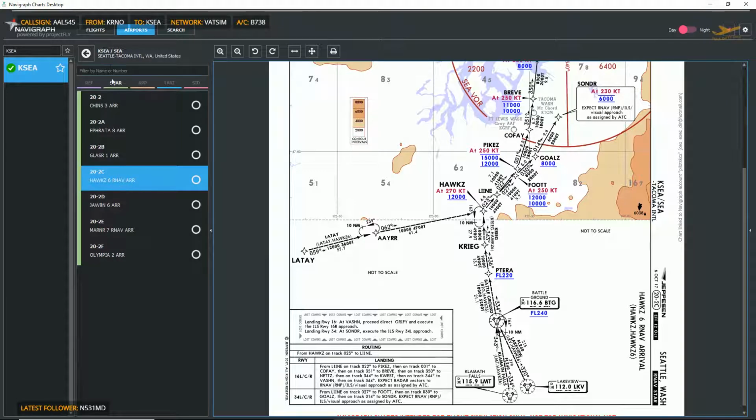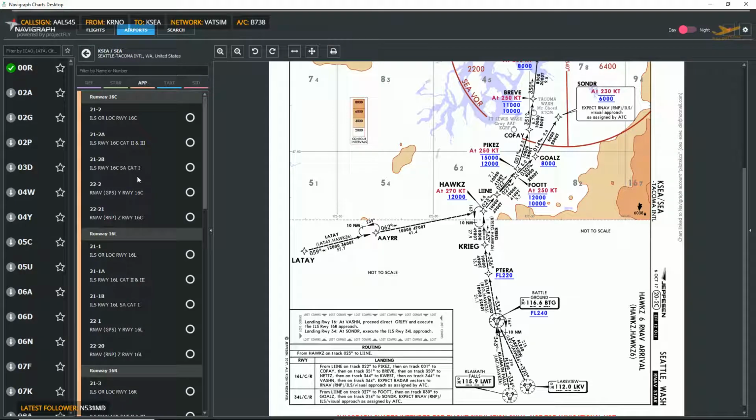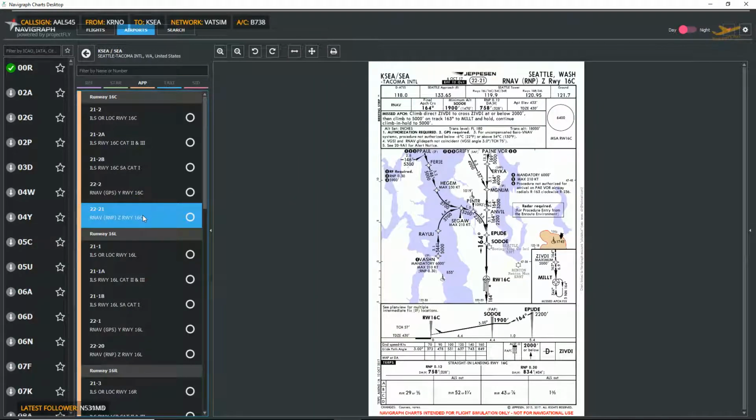Done here. Oh, actually, let's take a look at the approach real quick. RNP 0.12, we can shoot that. Decision height 758, that's below mins for current weather anyways, 328 above the ground. If we were RNP 0.30, we'd be at 834. We can take the Z if we want. That's fine there. I'm going to leave this up for just...